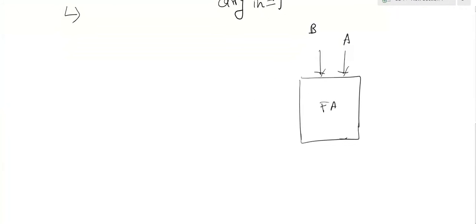Now let's say this is my full adder. For this full adder, the first input I am using as A, second input I am using as B. But I want to perform A minus B, so the minus B in 1's complement form I have to give as input.